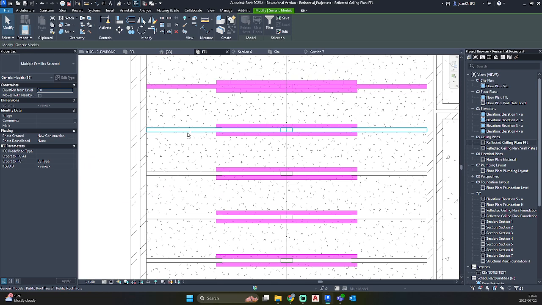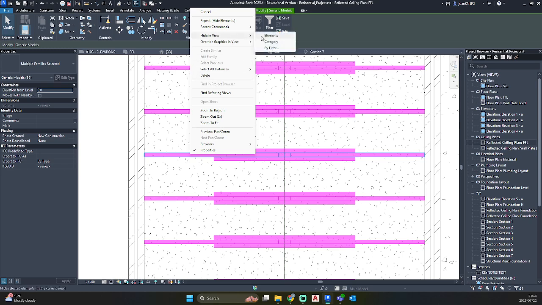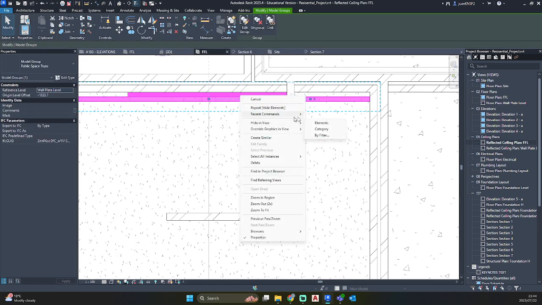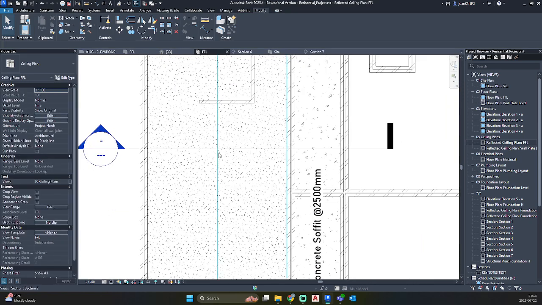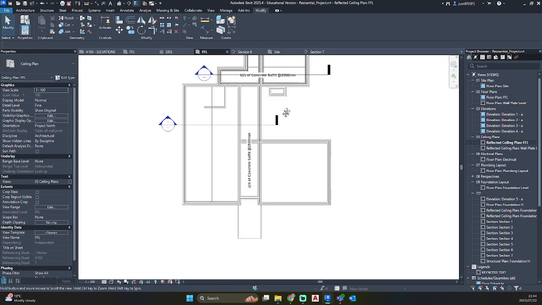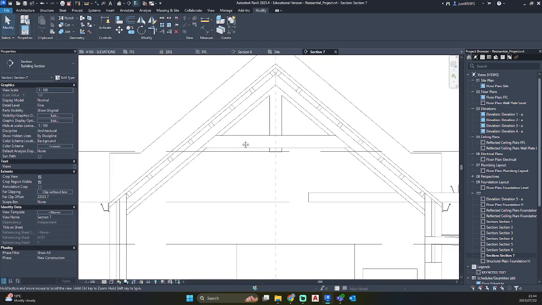So let's hide these trusses. Now you can hide our reference plane as well, and go to our section and see what we have created.